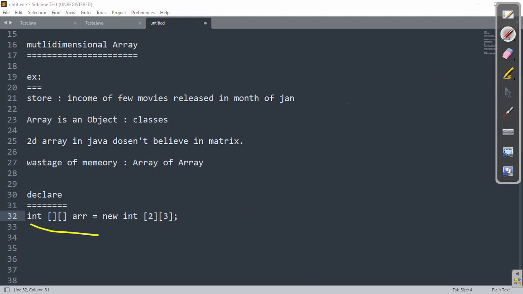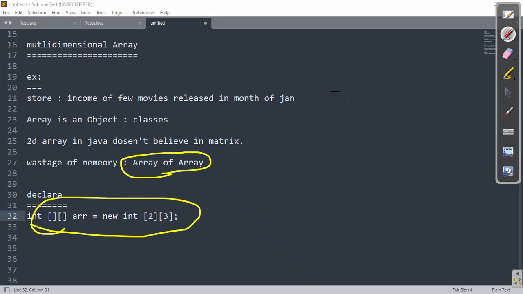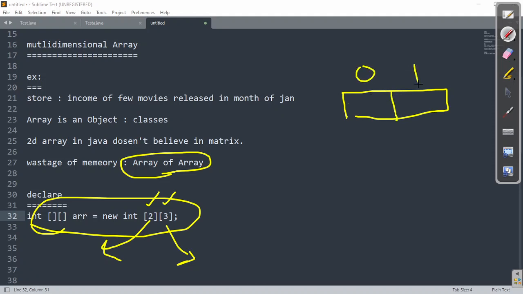So in case of a double dimension array, since we are talking about arrays of arrays, let us understand how it behaves. So what is the dimension? Dimension is two rows and 3 columns. So we can read it as 2 is the base dimension, 3 is the next dimension, right? So what is the base value? The base value is 2. Immediately it will plot like this. This is 0, this is 1, right?